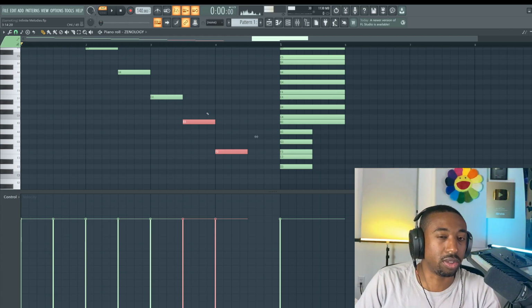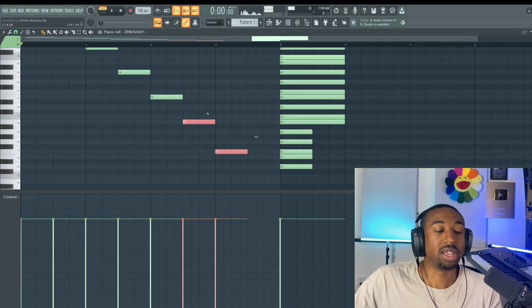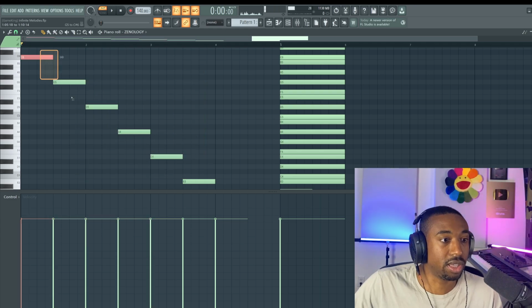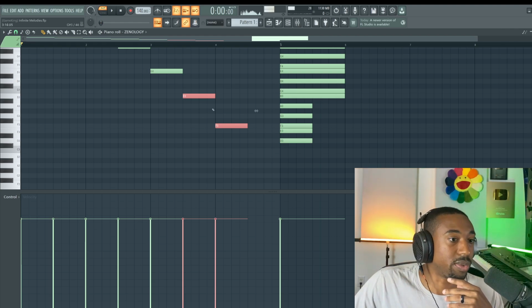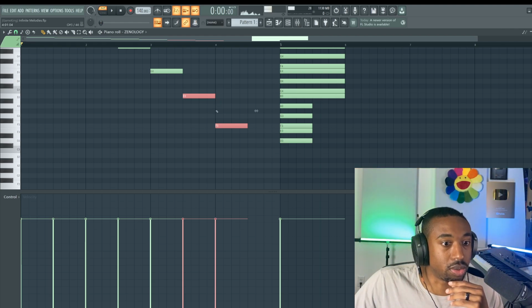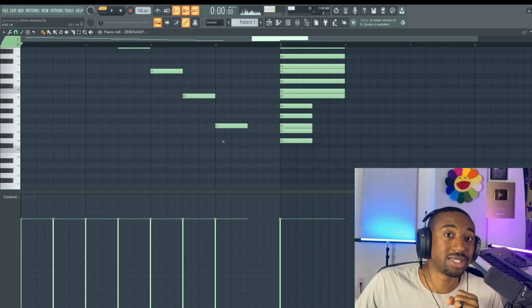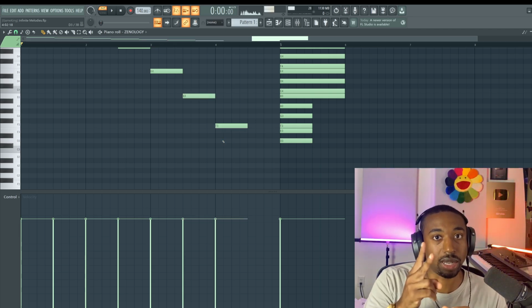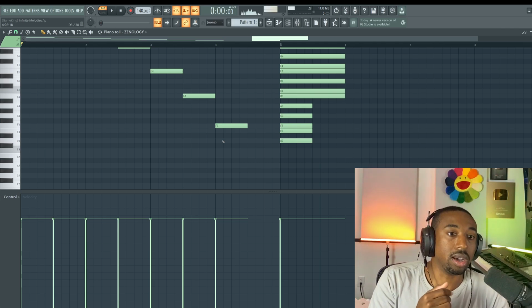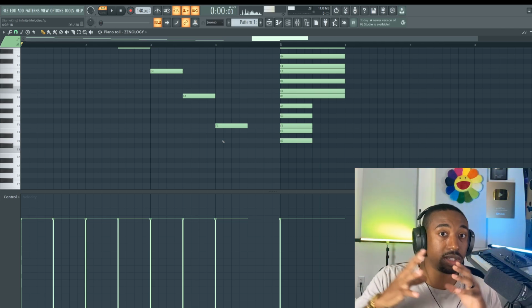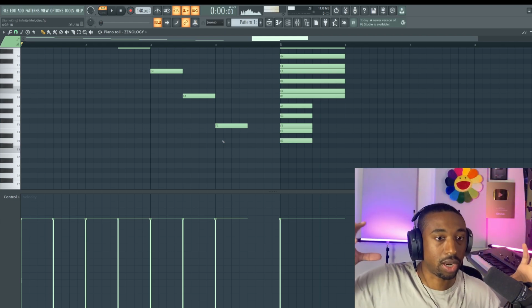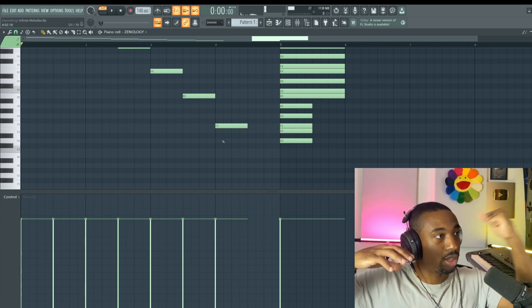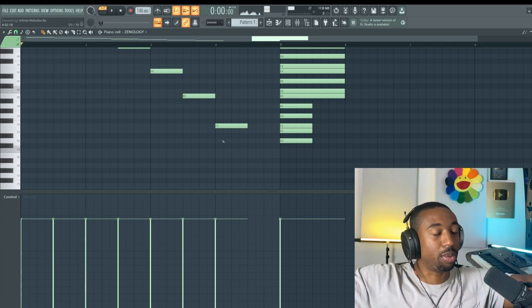Here's where the formula gets interesting, because we go from using all these perfect fifth intervals to a place where we use what's called a tritone, which is 6 semitones away from any note. 1, 2, 3, 4, 5, 6. This is the furthest distance you can go between individual notes in our Western scale system. So the furthest distance you can create, the most polarizing sound, is a tritone, because it's literally the furthest 2 notes can be apart from each other.